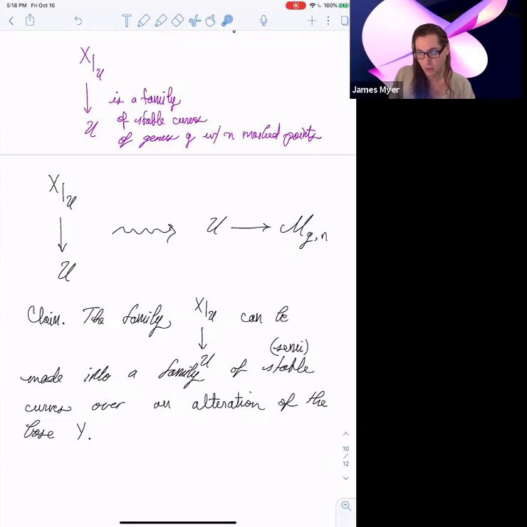So you get this alteration, and this alteration is not yet smooth. That's what you're saying. It still has these stable curves in the fibers, which could be singular. So then you have to